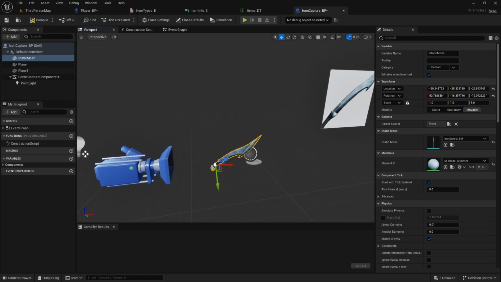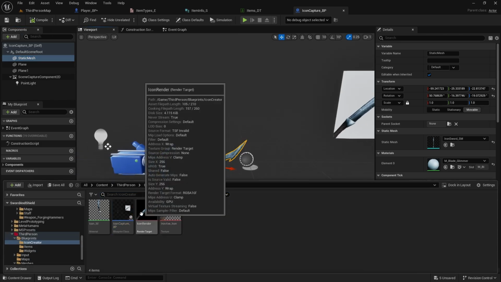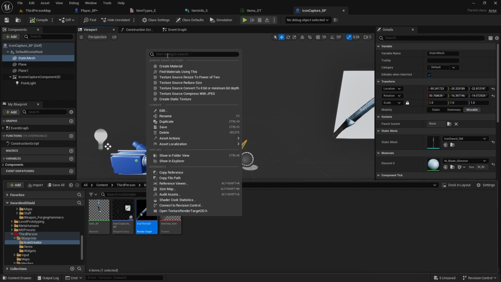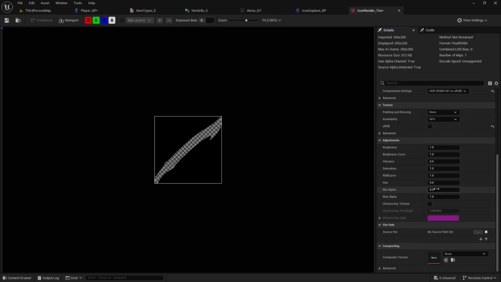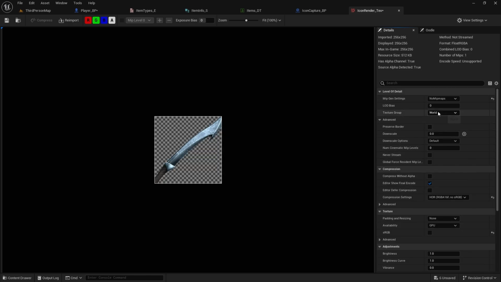And once you're happy with what it looks like, compile and save this. Open content browser, in an icon render, just right click on it and create static texture. We open this one, change it like we did in the last video, min alpha and max alpha, and switch texture group to UI and compression settings to user interface. Save it